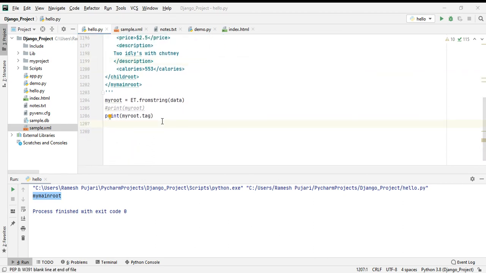For printing the child tag we have the attribute I already explained, the child element.